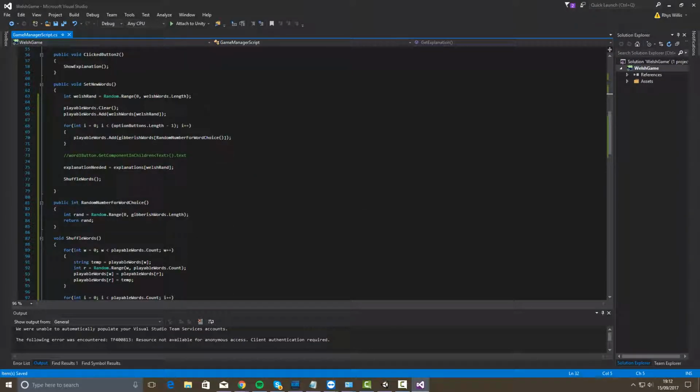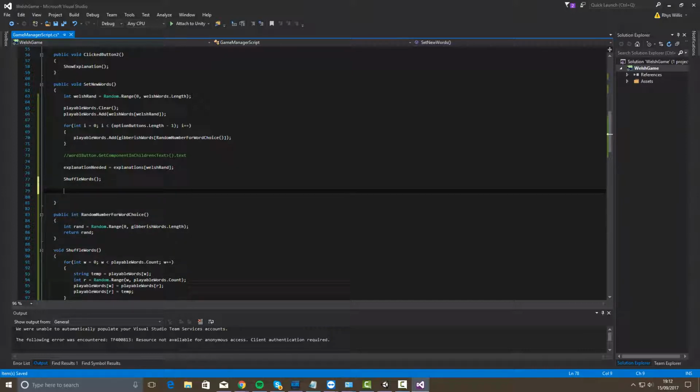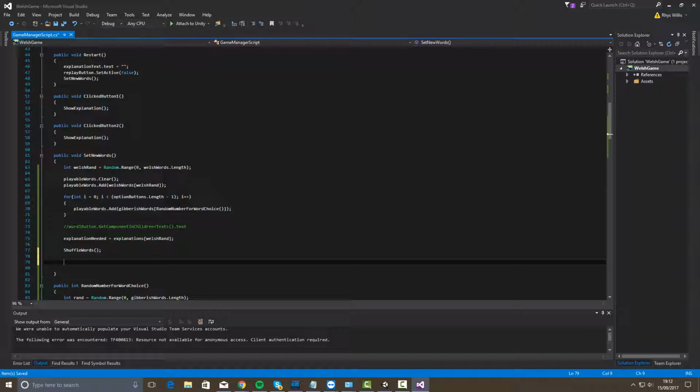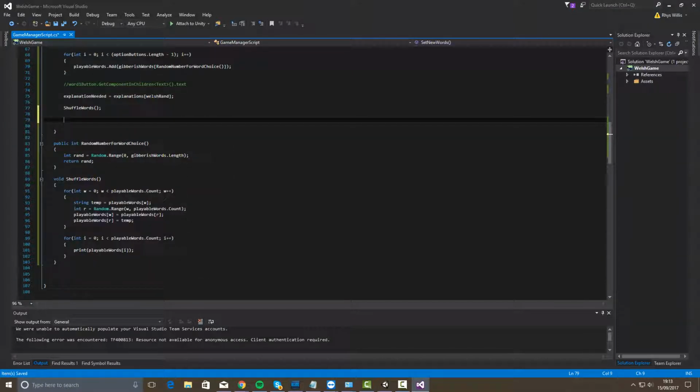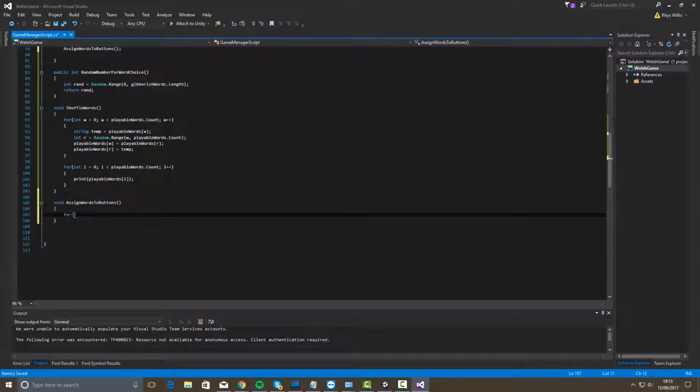And now this is where the magic happens. We've set the words, we've shuffled the words, and now we just need to reassign them to our array of buttons so that they all go back into the buttons again. It's going to be sick. So finally, just for tidiness, I'm going to make another function called assign words to buttons. Down here again, so void assign words to buttons. Excellent. And then for int i equals 0, i is less than the length of the option buttons, option buttons dot length. Yeah, there we go. i plus plus, and then we're going to do